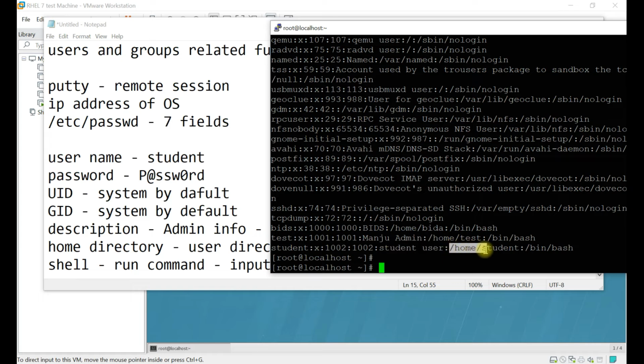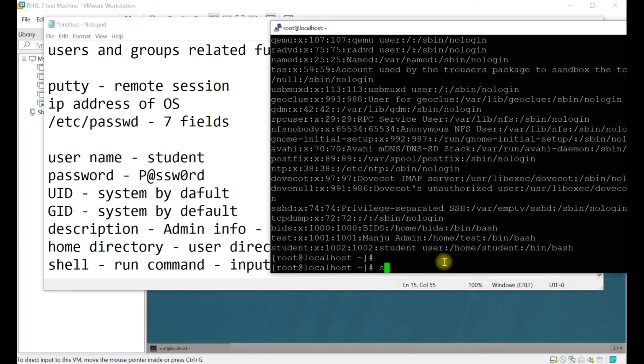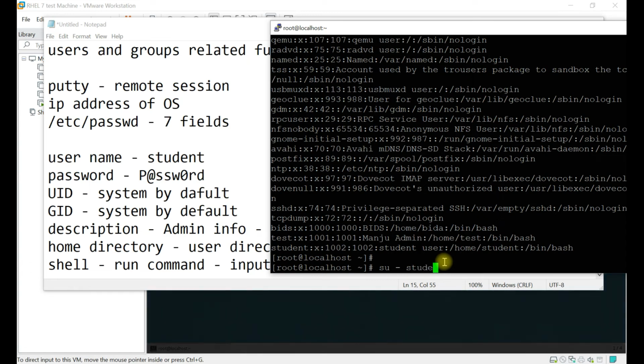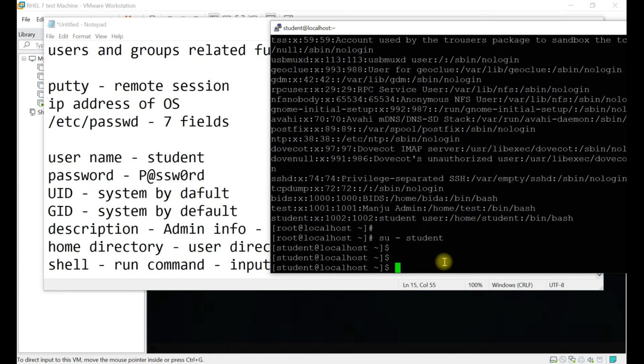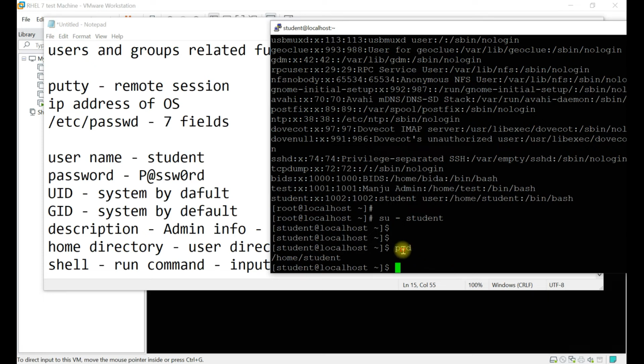Next is home directory. So let's say if I do switching to student, so currently where I am, pwd means present working directory. So /home/student. So whenever you create a user, a home directory will be created by default.